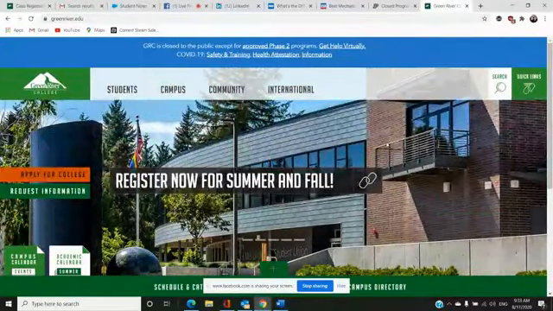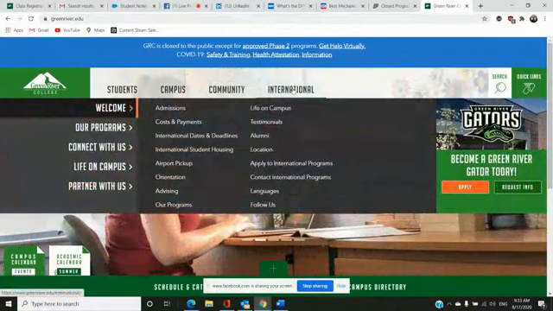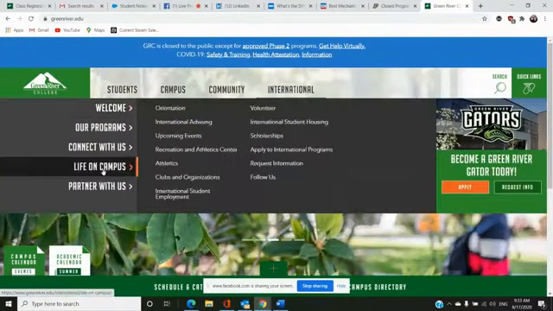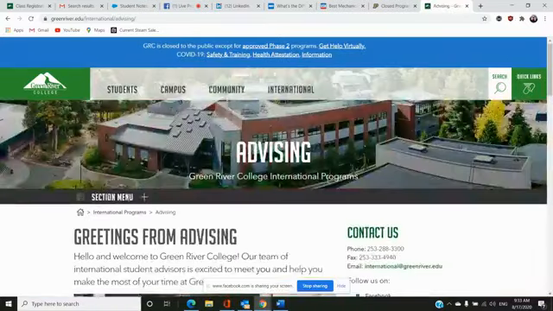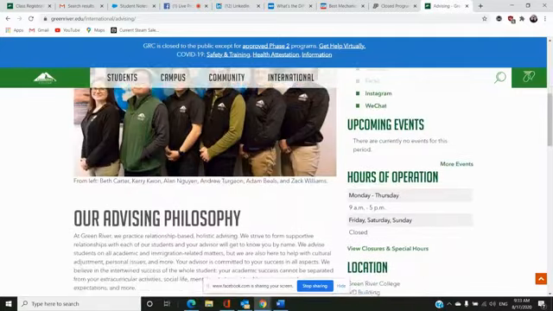So this is the Green River website, greenriver.edu, and you can go to international and then live on campus, to international advising, and you can see all the advisors at Green River here.